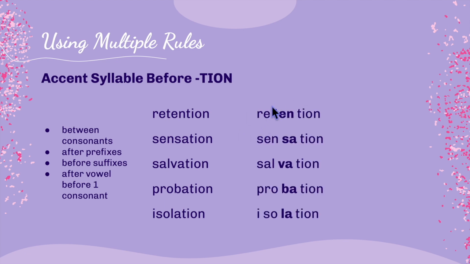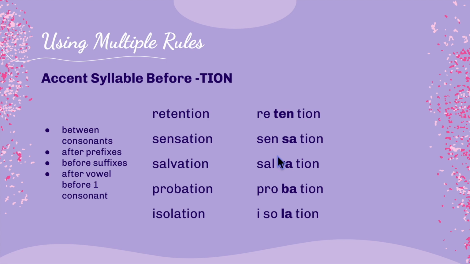So right here, we've divided after the prefix re and before the suffix shun. And when you have a word that ends in shun, the syllable before it will usually be the accented one. Right here, this syllable has a vowel in the middle, so we try the short sound, retention. Right here, we've divided between two consonants and before shun. This is an open syllable and it's accented, so try the long sound,